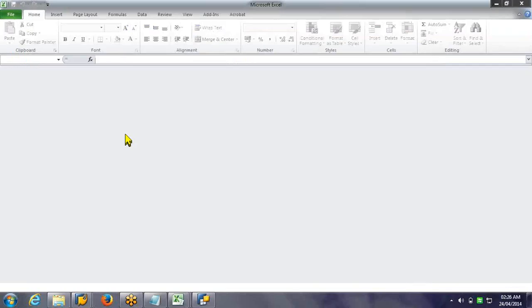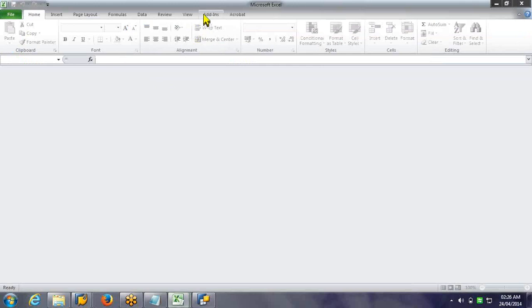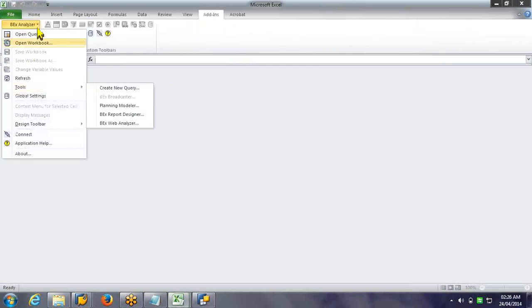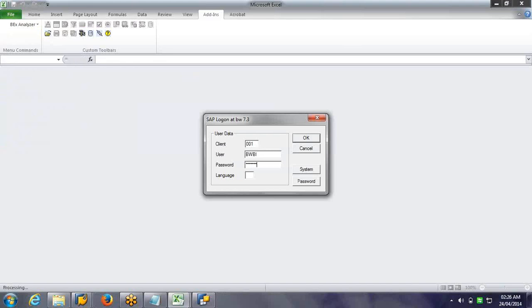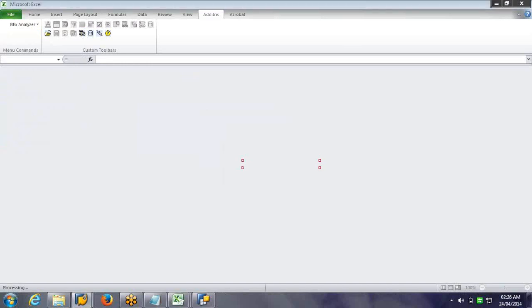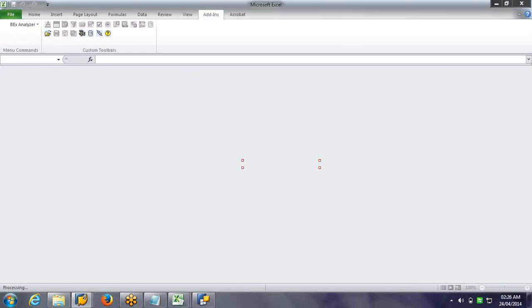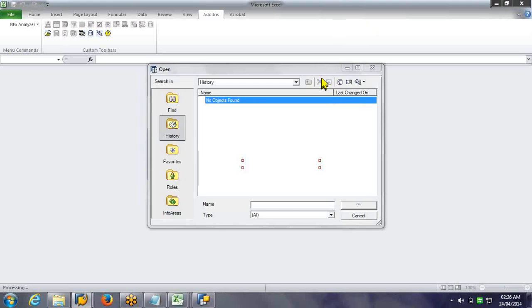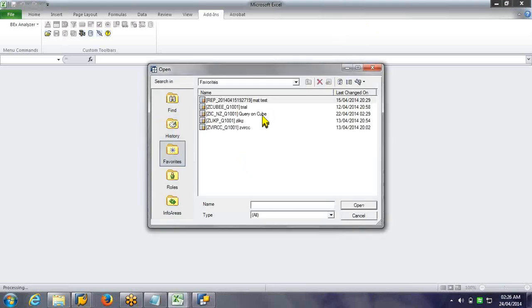So we'll see this. This is the query, right, on the cube. So open it.